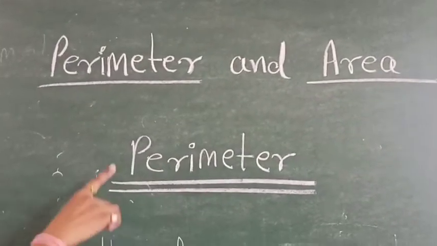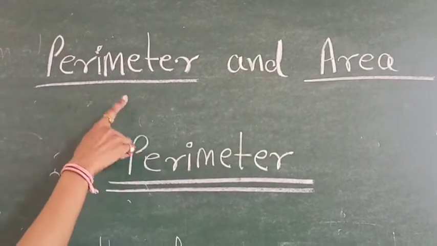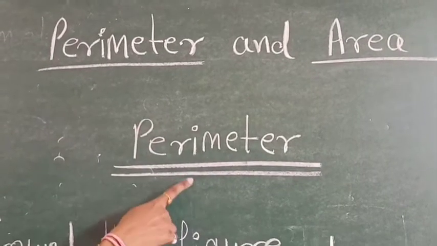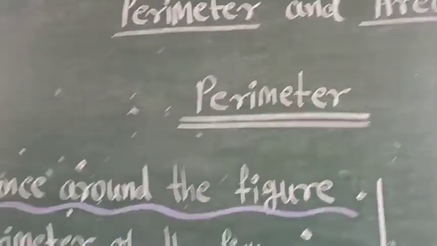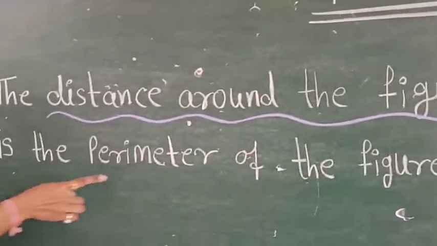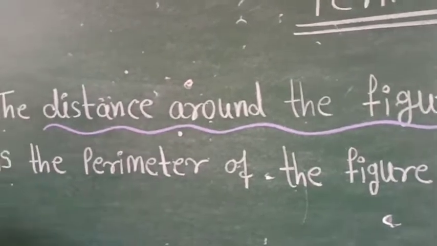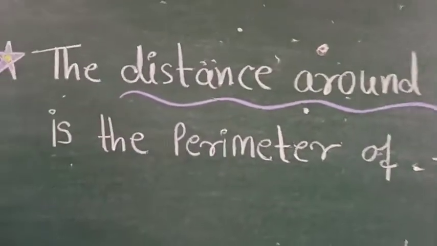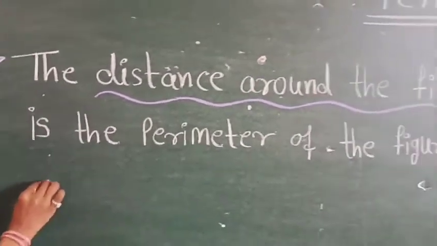So first we will understand one by one. First is perimeter. I will explain perimeter first. Look here. The distance around the figure is the perimeter of the figure. It means perimeter is